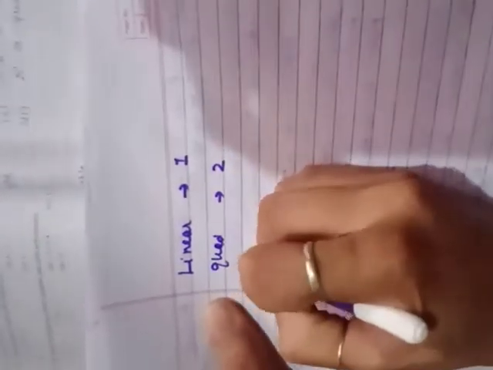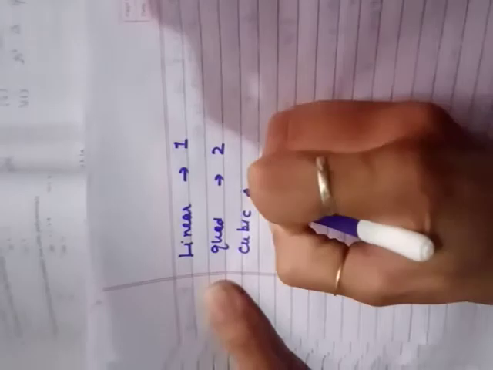Then in next, you have to define which one is a linear, which one is a quadratic and which one is the cubic. In case of a linear polynomial, the degree will be 1. In case of a quadratic polynomial, the degree will be 2, and in case of a cubic polynomial, the degree will be 3. So you have to check which one has a degree 1, so that will be linear, which has 2, then that will be quadratic, and which has the highest power 3, so that will be a cubic. So I think you can do yourself.